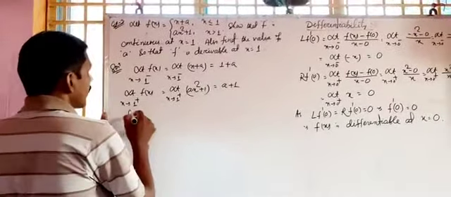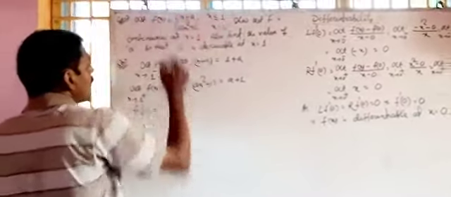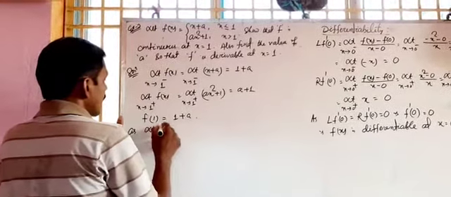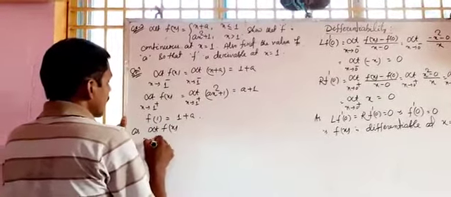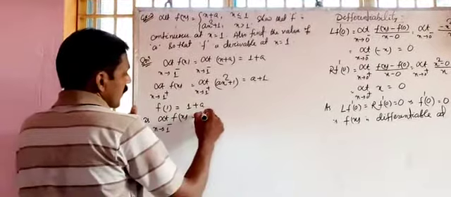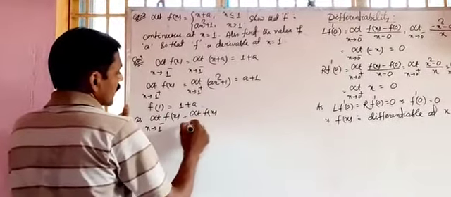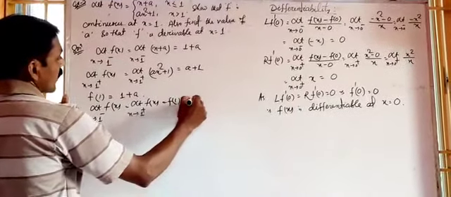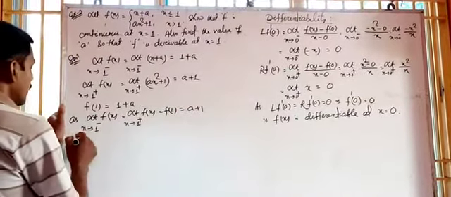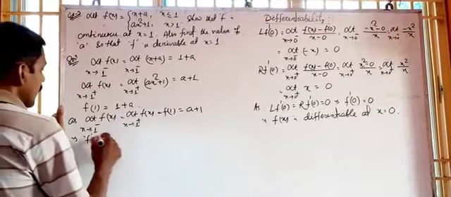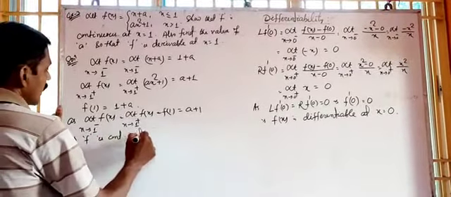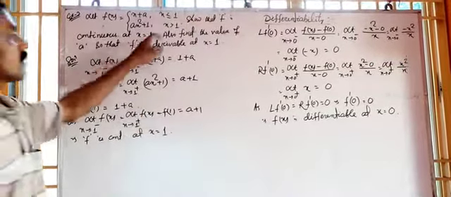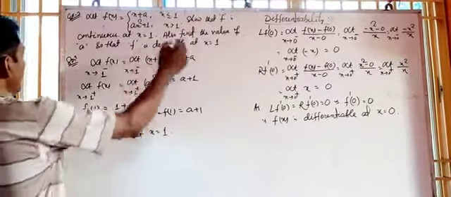And what is f of 1? For x equal to 1 also it is x plus a, that is 1 plus a. So as limit of f of x, x tends to 1 minus, equal to limit of f of x, x tends to 1 plus, equal to f of 1, equal to a plus 1. This implies f is continuous at x equal to 1. This is our first answer. This is first part.